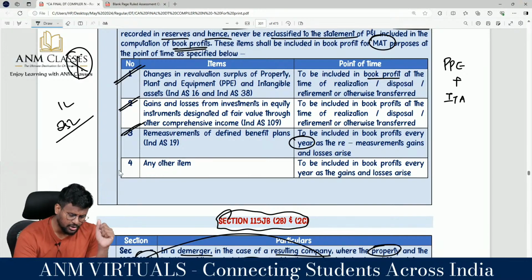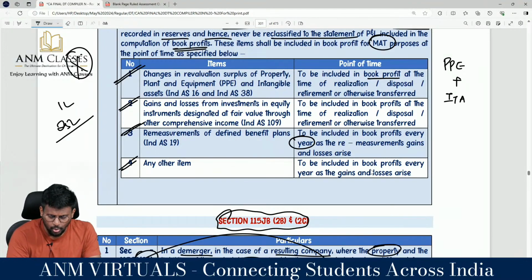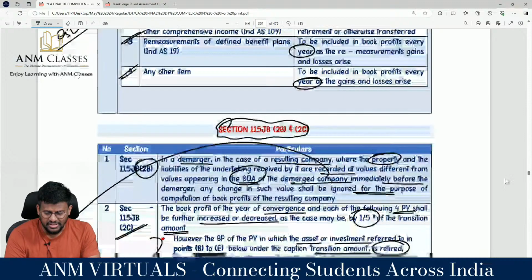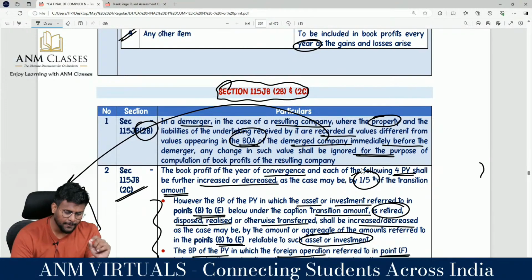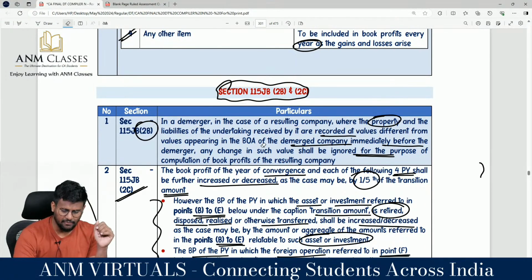Any other item which is not covered under these three categories is to be included in the book profit of every year. This is what 115JB subsection 2A is talking about, when it has to be taxed and what are the items to be taxed. With regard to 115JB subsection 2B, in case of a demerger, my dear lovable students,